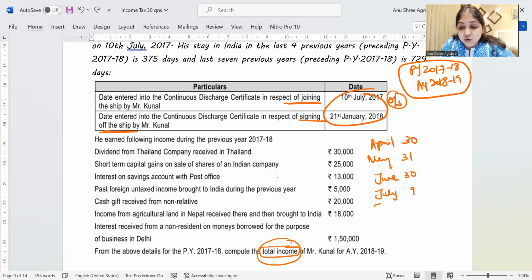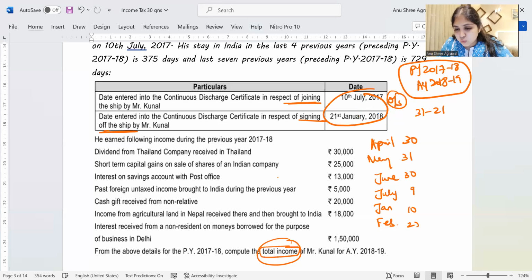Now tell me, in January you're coming back. Can you please calculate and tell me, in January, how many days is he in India? In January, he's in India only for 10 days. How 10 days, guys? 21st, I will not count. 21st, he's outside India. Only 22 onwards, I will count. So 31 minus 21. I'm not counting 21, right? If I were counting 21, I'd add 1 also. But I'm not going to add 1, because even on the 21st, he is outside India. So January, 31 minus 21, total 10 days he is in India. February, how many days, guys?